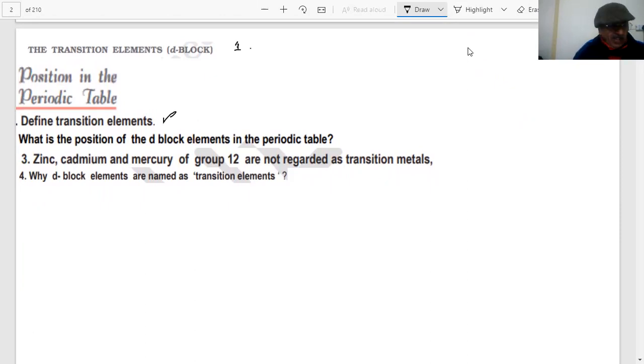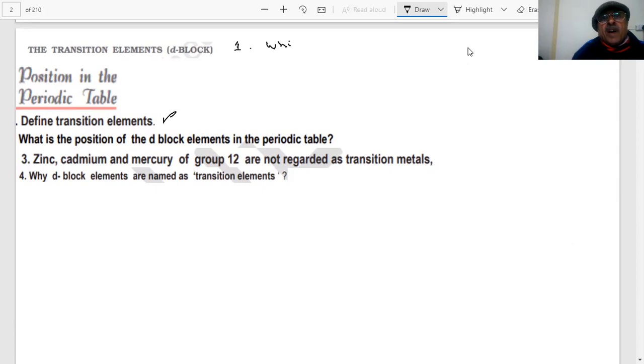What is the definition of transition element, students? There are two or three definitions which we can give for the transition elements. You have just seen that transition elements are those elements which are in between S and P block elements. But the main definition which we are going to use, students, is that transition elements are those elements